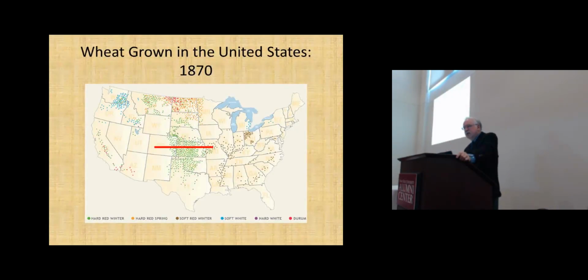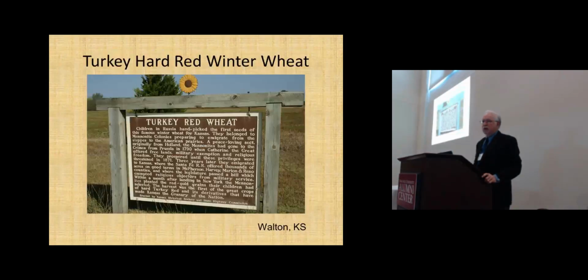Now, the reason why we bring this up is if you went back 140 years, almost 150 years ago, Nebraska was a spring wheat state. Northern Kansas was spring wheat. Now, if you look at this, you can see winter wheat now extends all the way into Montana. What changed in 1870? They brought in one wheat, Turkey Red.